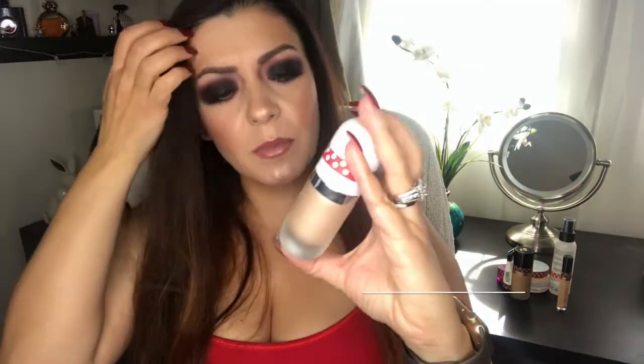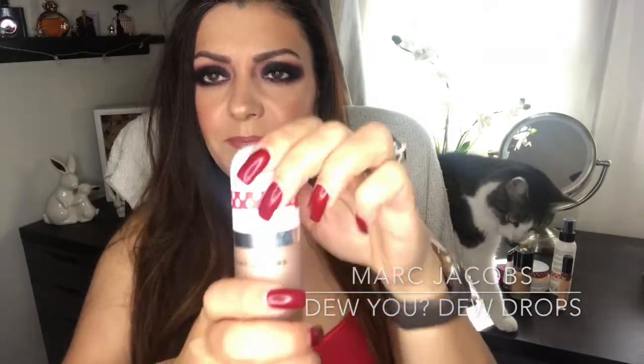Next, I'm not sure what's next. I'm just going to go with this one. This is the Marc Jacobs Dew Drops, the golden one, not the silver one. It is very difficult to tell where I am in this product. The frosted glass doesn't help. It's very thick glass. I definitely do not think I'll be able to finish this after using it for a while. I used a tiny itty bitty bit, so this thing could last you years. I don't know if I'm gonna keep this in the project or take it out and replace it with something else, like another